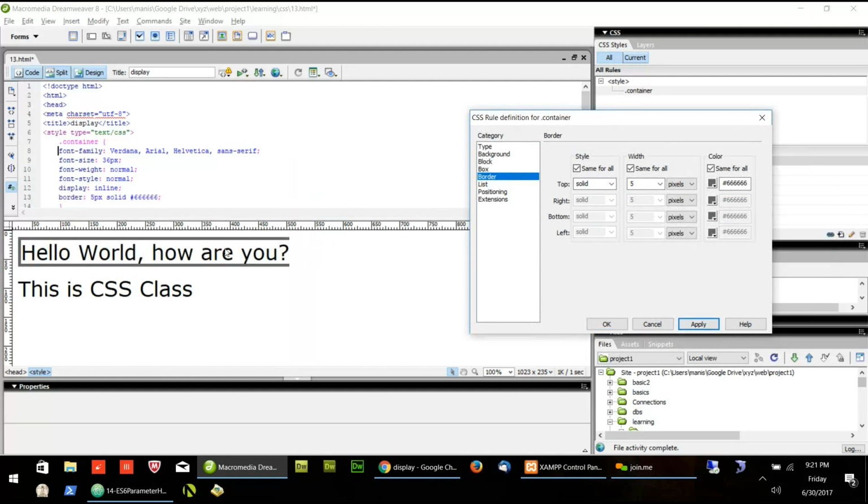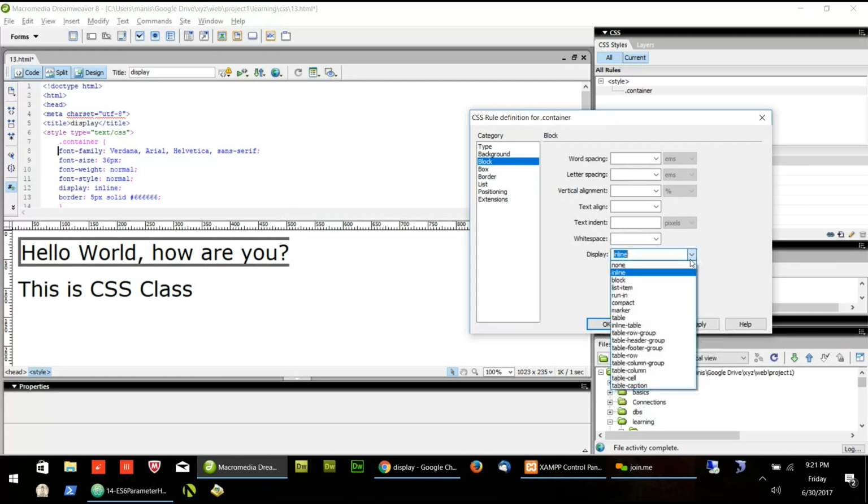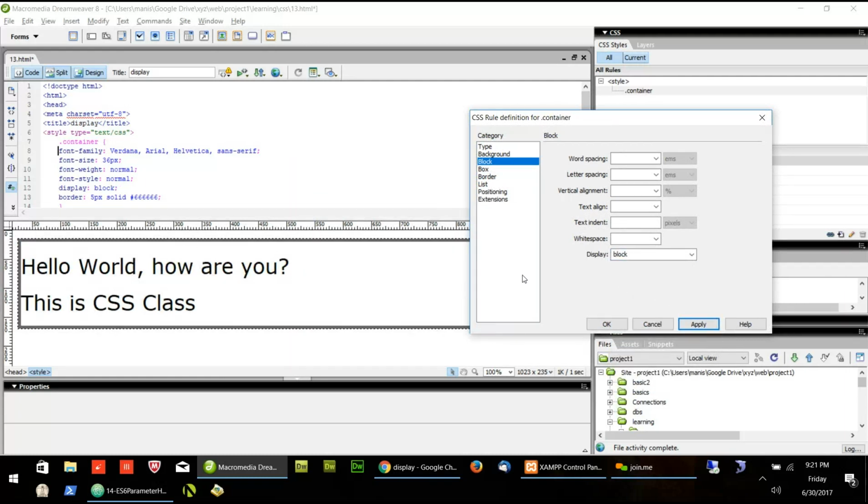So it is giving like a span view. But if I change it to block level, it will take the whole of the div because it is now block level. Otherwise inline will behave like a span tag. So this is the block level.